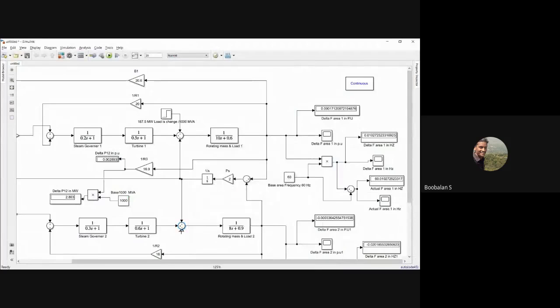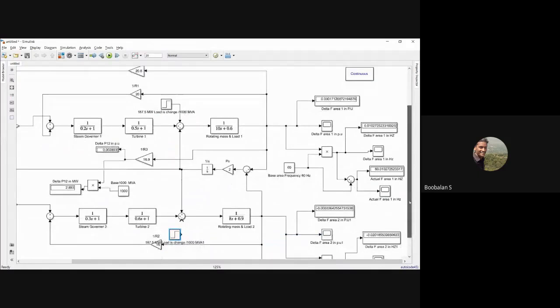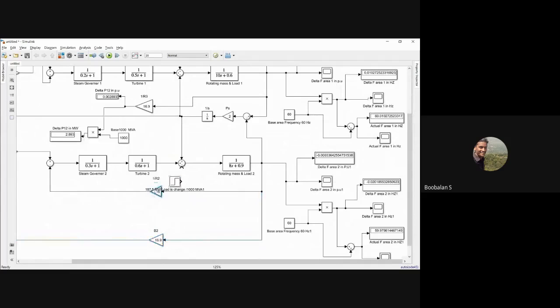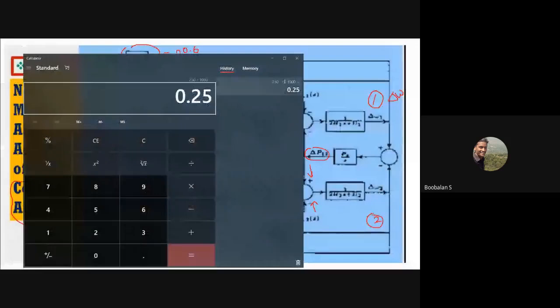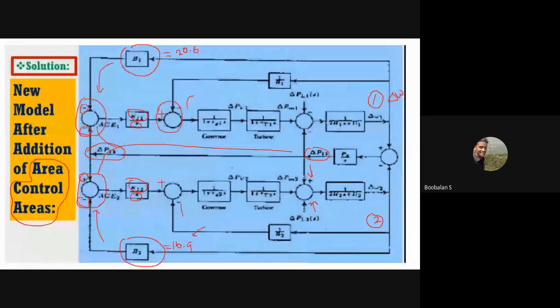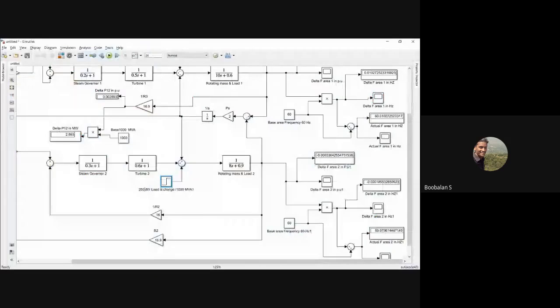Yeah, now we're just going to introduce one more load change over here. Now I'm just going to copy it over here. Right, now I'm going to introduce the load change occurring in my generator number 2, that is area number 2. For example, I'm going to introduce about 100 megawatts. So 100 megawatt in the sense how much? 100 divided by... maybe 150, right? So maybe 250. We'll just see 250. 250, it got confusing.